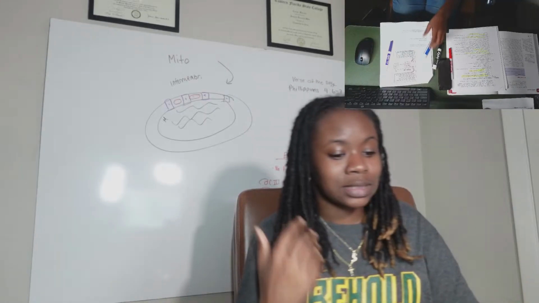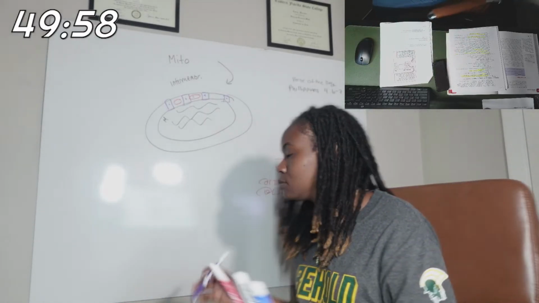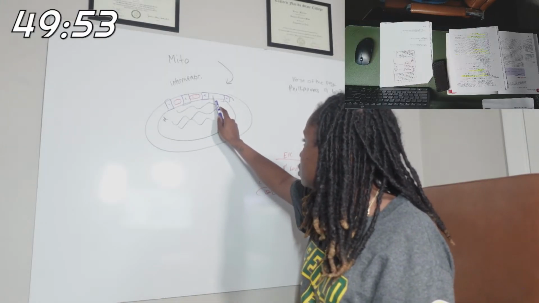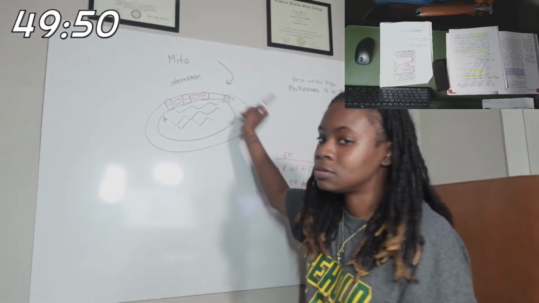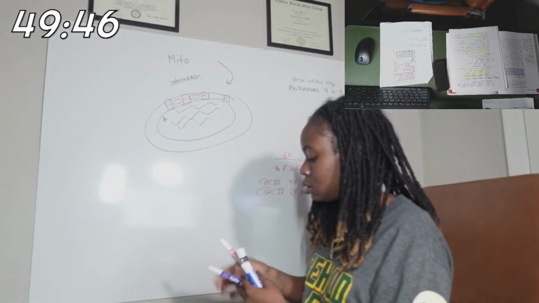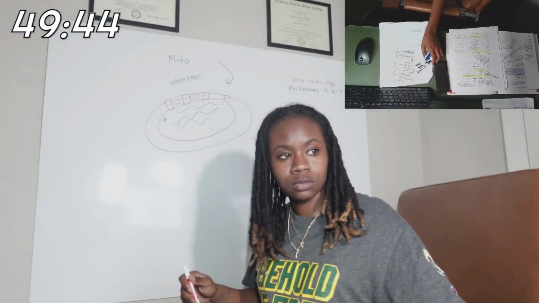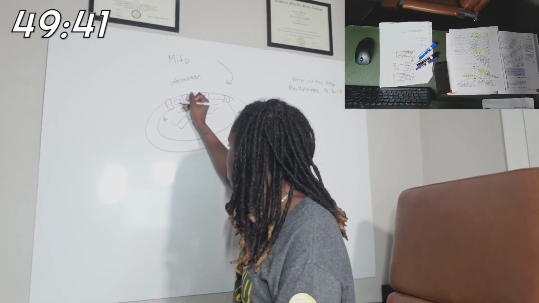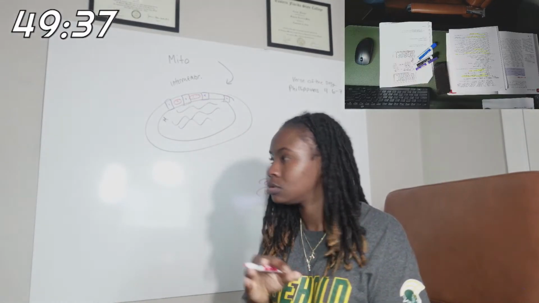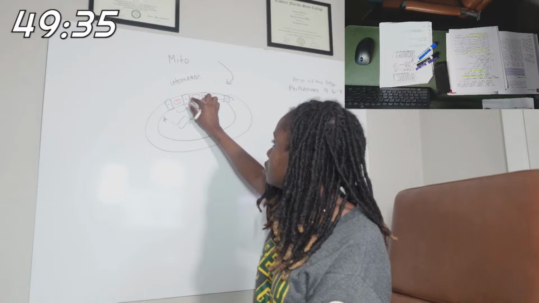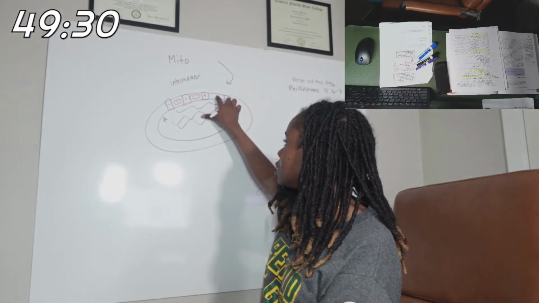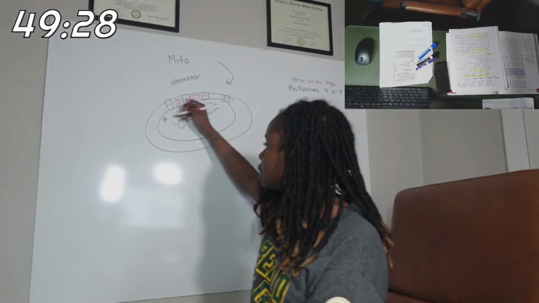So back to what I was thinking. We have our four complexes, right? Complex 1, 2, 3, and 4. In between complex 1 and 2 is CoQ, or coenzyme Q. In between 2 and 3 is cytochrome C. I forget who was here, but anyways,